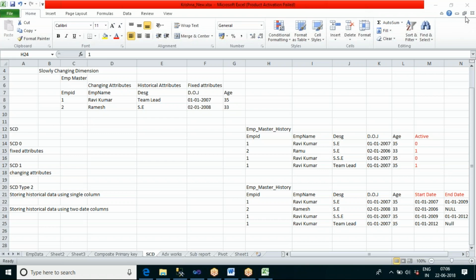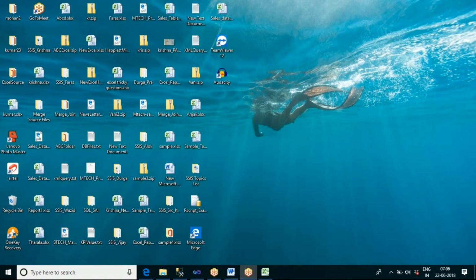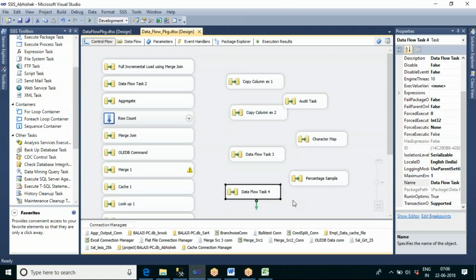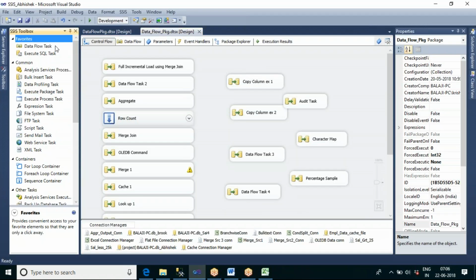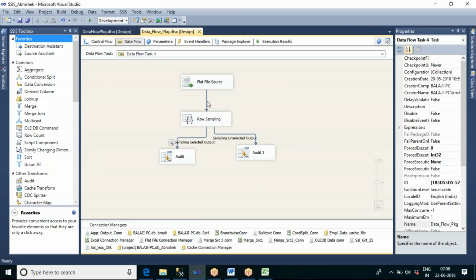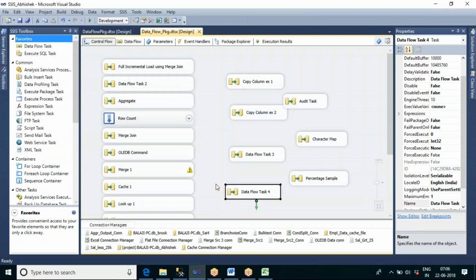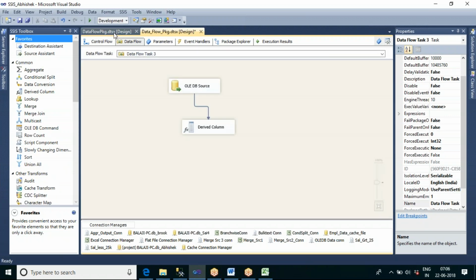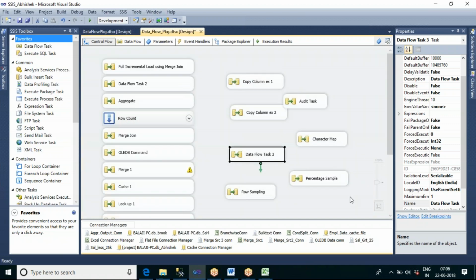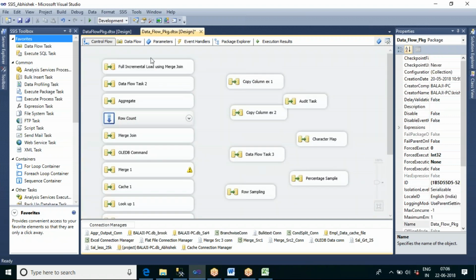So I have taken a data flow task. Let me see if anything is inside. Let me take one data flow task.